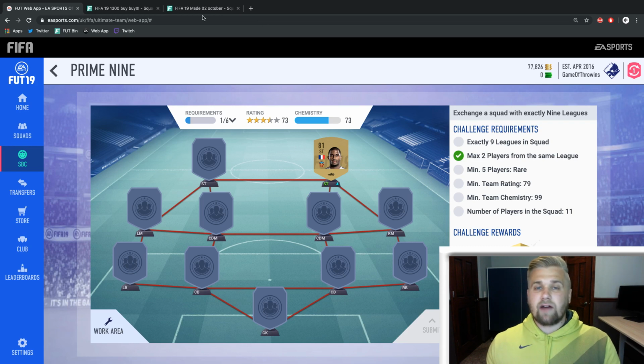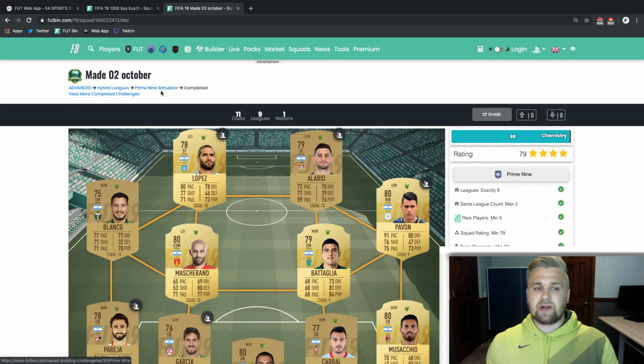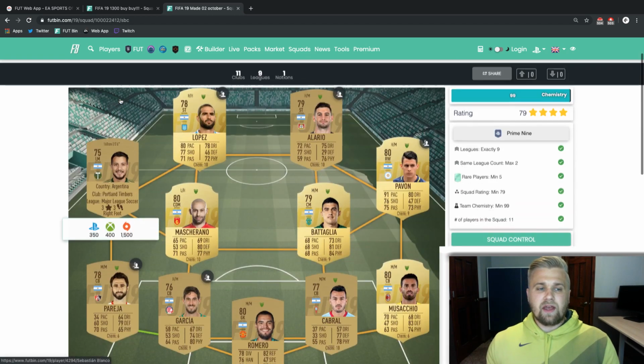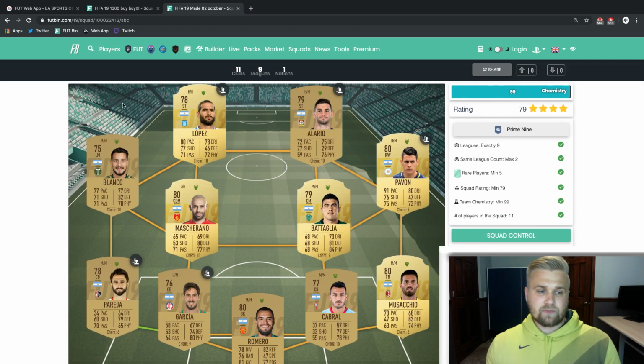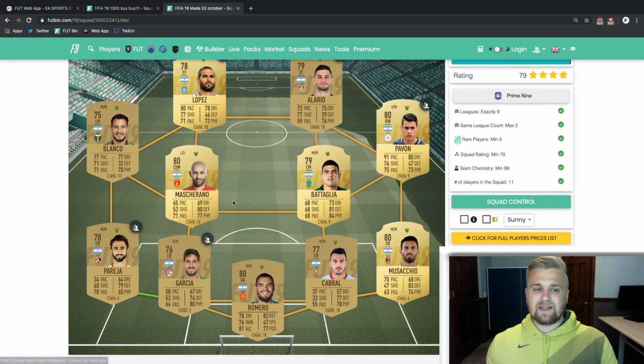So I've already brought it up on Futbin here. I went into the SBC section, I went into advanced, and I followed it right here, right to the Prime 9 completed challenge. So if I'm looking over this page, what I'm looking for is similar themes, okay? I'm looking for multiple cards in the same league as well. So it looks like there's a lot of different Argentinians here from all over the place. But what I did notice is that in the bottom left, there are 2 center backs from Argentina in Liga